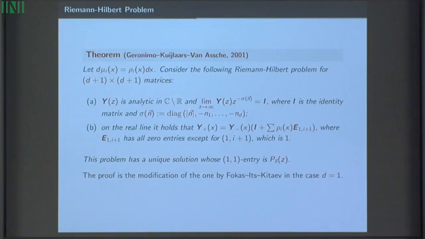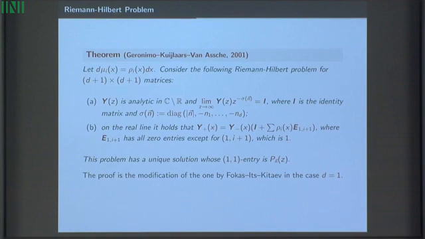It should have a pole of order length of n at position 1, and then zeros of order n1 and n2 through nd at the other positions. And it also must have a certain jump, and the jump matrix here is simply: first row is 1, row 1, row 2, row d, and the rest looks like an identity matrix. So that